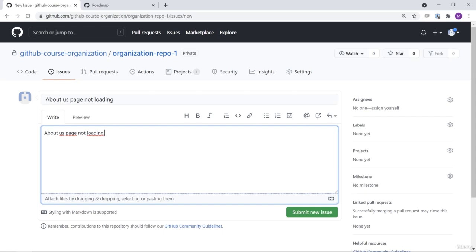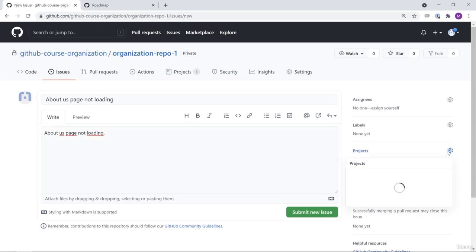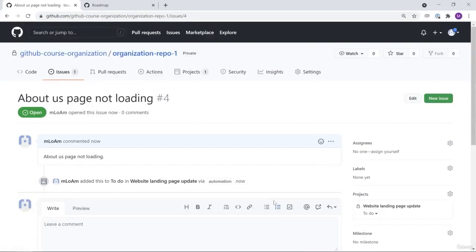It's just about that automation process being displayed. So let's now assign this issue to the project again, right here. Yes. And if we now submit this new issue, right here, then if we go back to our project,